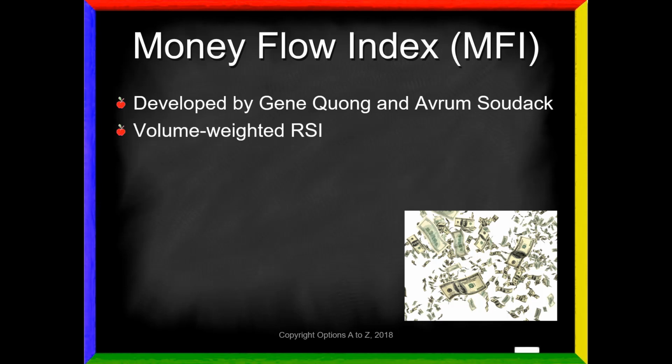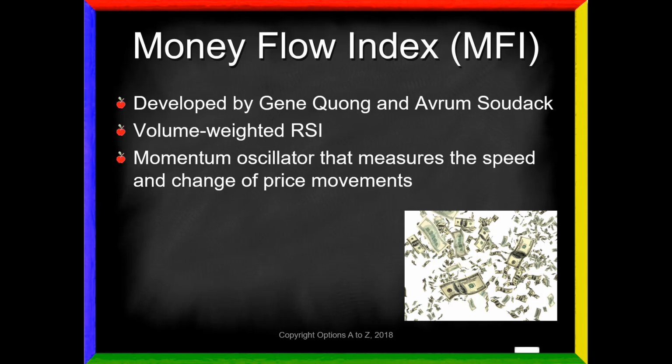So as I just mentioned, if you take the RSI, but you weight it according to volume, as we did with the VWAP, you've got Money Flow Index. And like the RSI, it is a momentum oscillator that measures the speed and change of price movements, but it's also just accounting for the volume. It also uses a 14-period range as its default. We can always change that. Keep in mind that by period, I just mean that is the time frame of your charts. Whether you're talking about a 1-minute candle or a 1-day or a 1-month candle, whatever that time frame is,